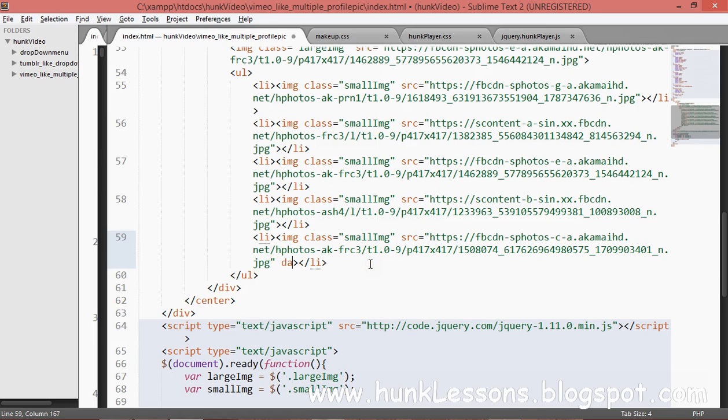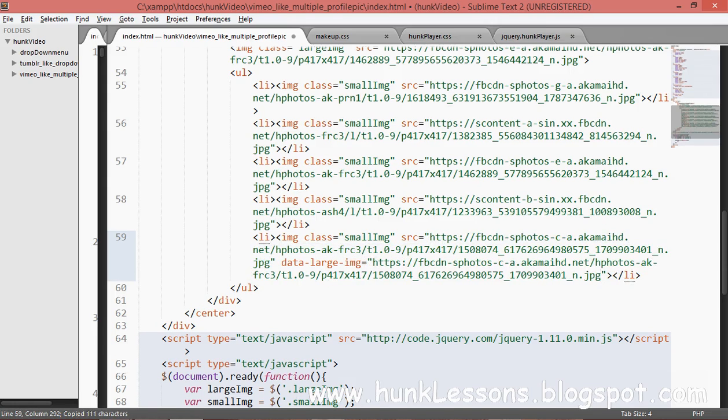We will make a data element, the data-large-image attribute. It's an HTML5 attribute. You can make this attribute and paste the image URL, because it's for demo.